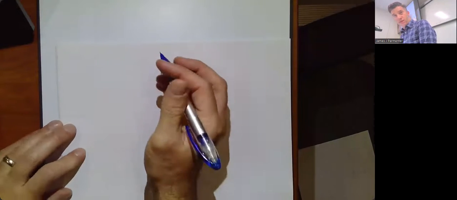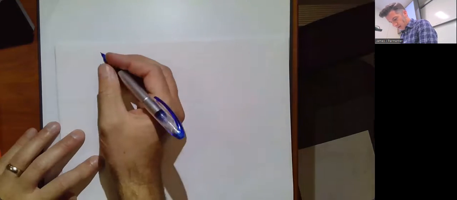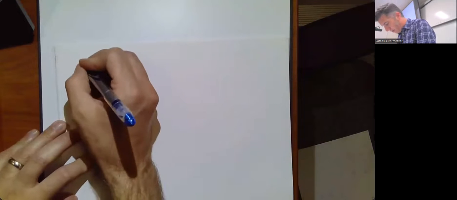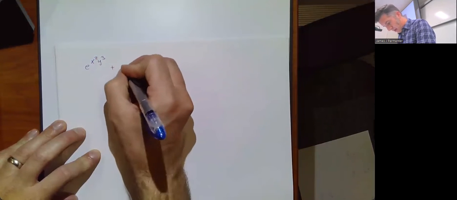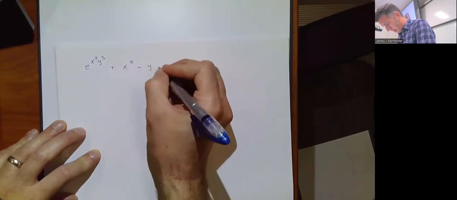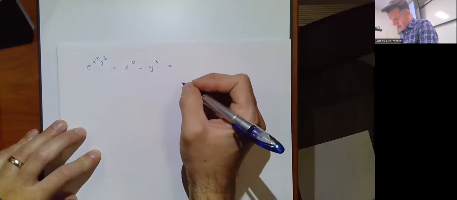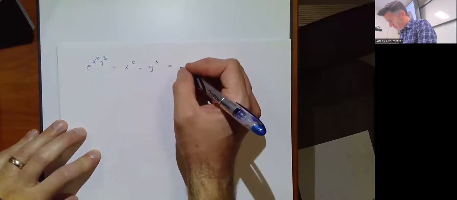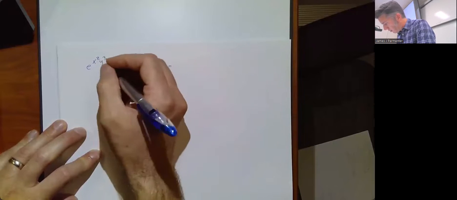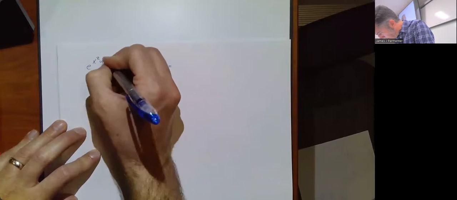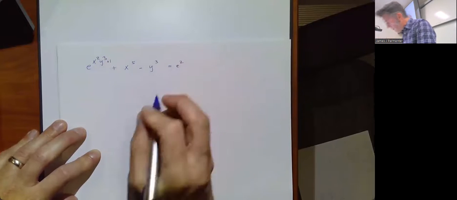So I'm imagining we are looking at maybe question 6 from section 4.3. That's the only implicit problem I'm seeing in here. So let's make it a little more exciting. Okay, we'll do this. Let's say we have e to the x squared y cubed plus x to the 5th minus y to the 3rd equals, I can't really change that. I guess I'm stuck with you. Fine. Okay, I'll make this a +1 up here. Sorry, I'm changing the problem a little bit. +1 equals e squared. Yeah, that's way more fun.